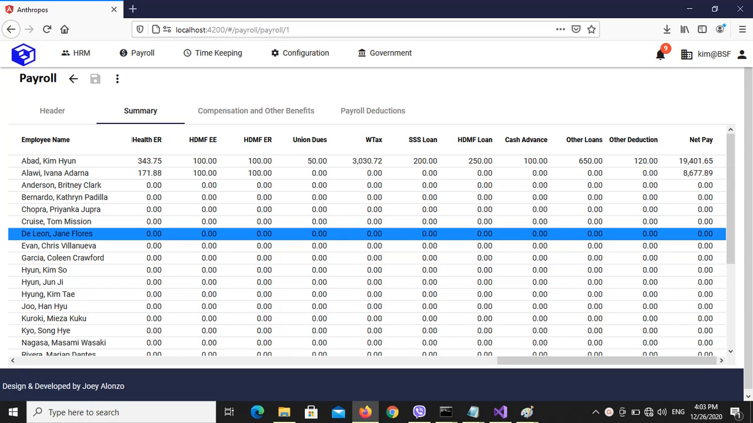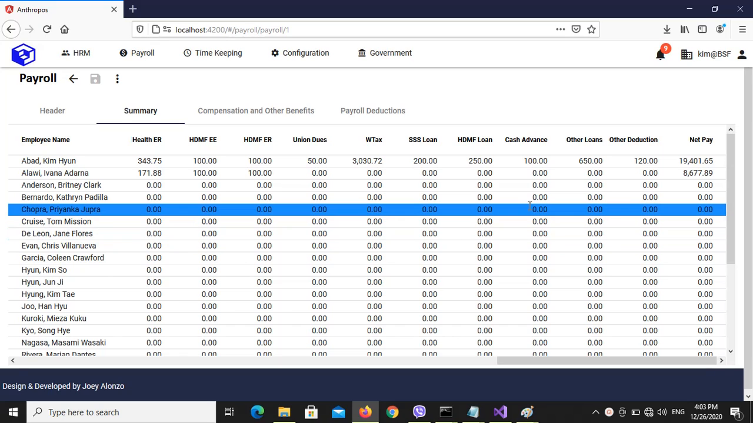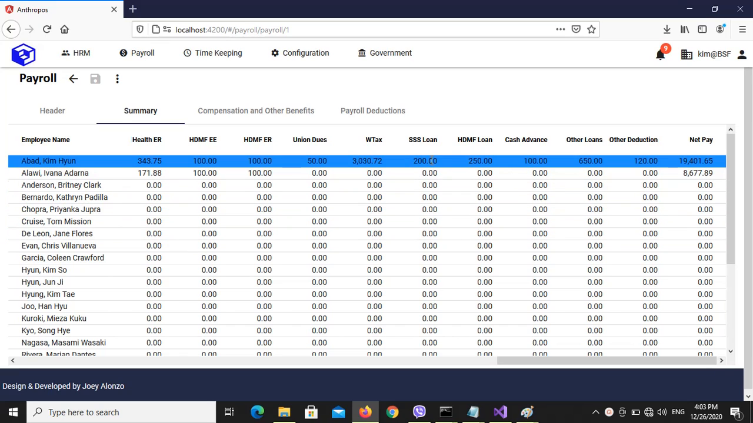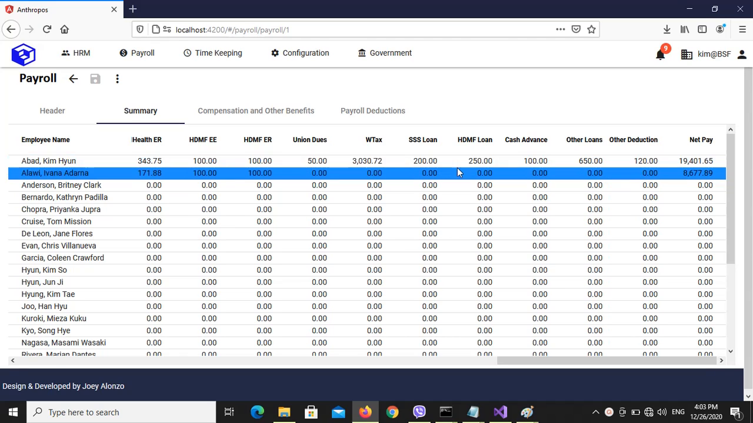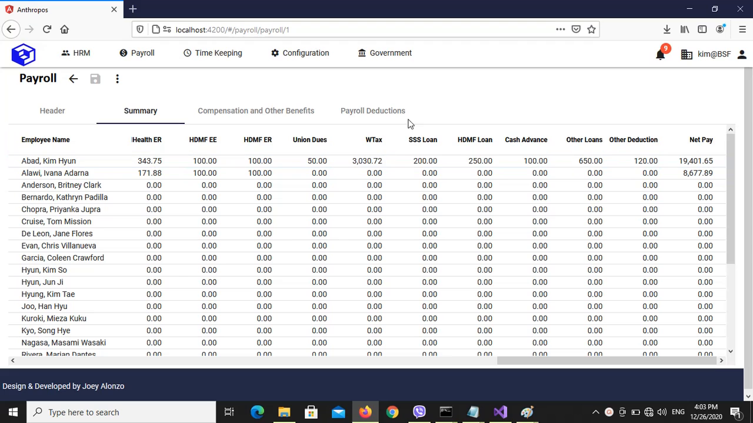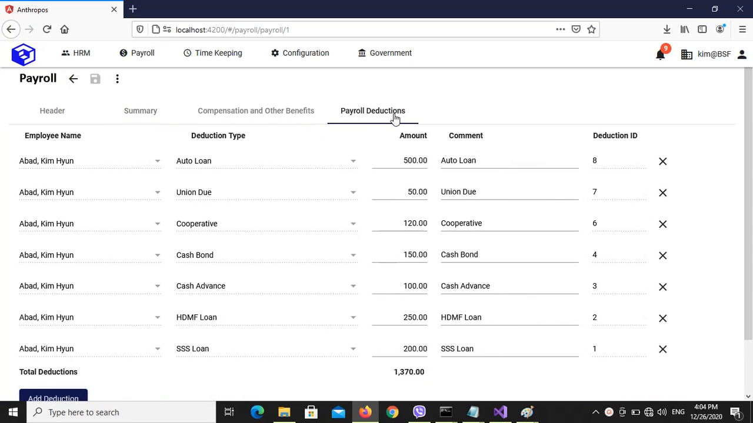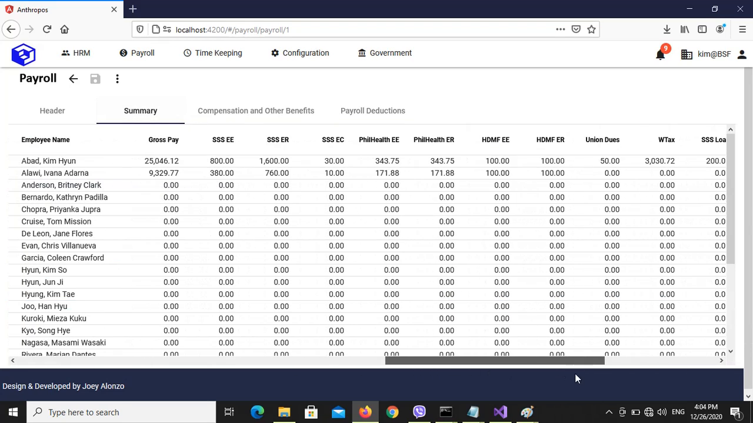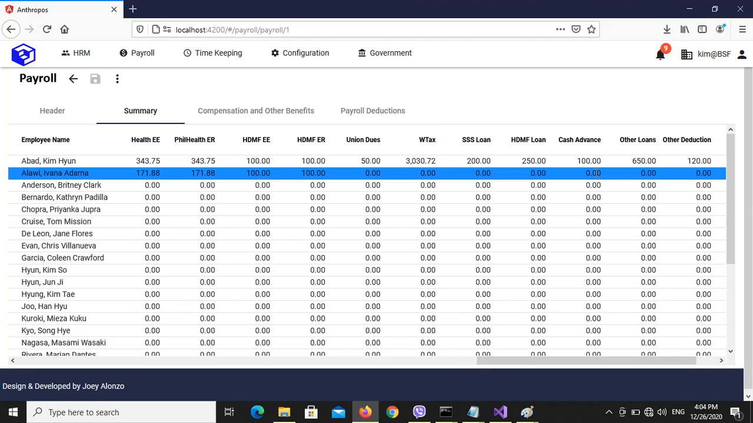So again, this is the payroll that we generated in our previous discussions. I'm referring to these columns. We have the SSS loan, HDMF loan, cash advance, other loans, and other deduction. And also this tab, these payroll deductions. As you can see, we have here the employee, the deduction type, and also the amount, which are summarized here. Now, how these values are calculated in the payroll, this is the one I will show you in